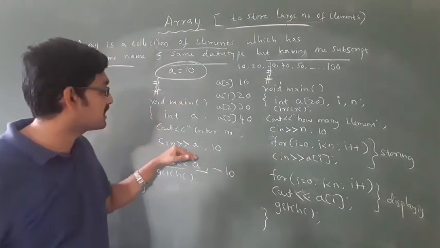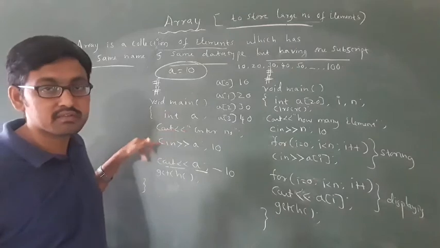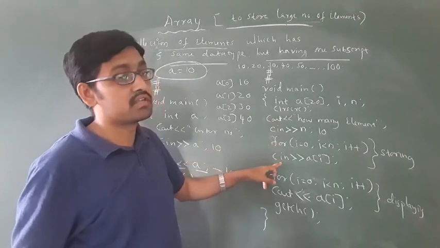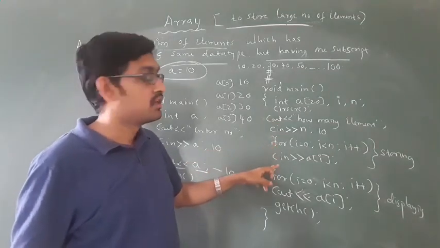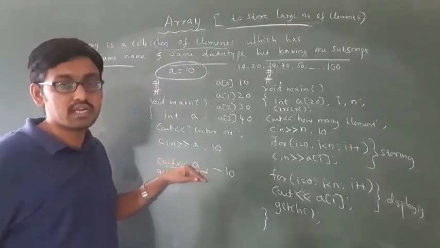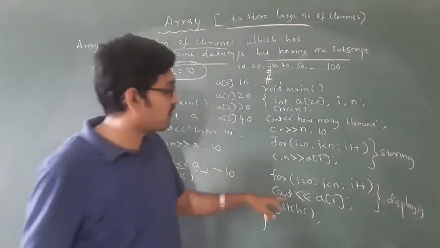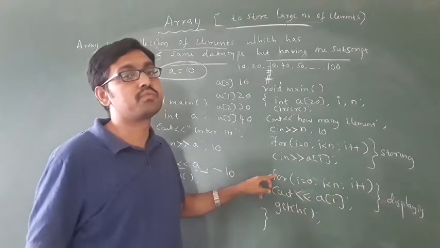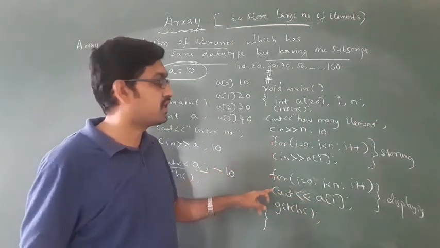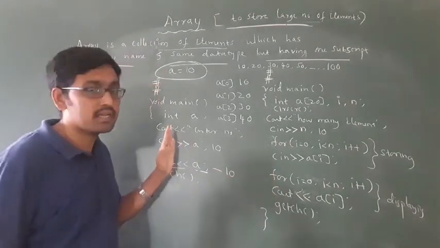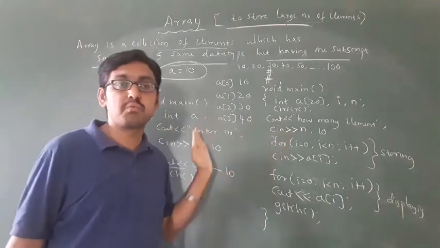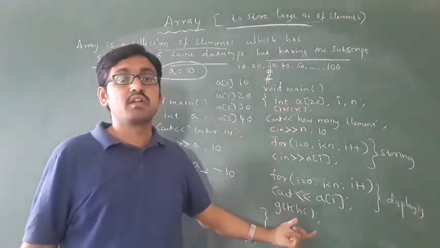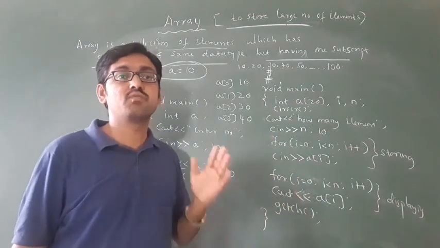ಇಲ್ಲಿ only cin ಅಷ್ಟೇ ಬರೆದಿದ್ದೀನಿ. I am not using any for loop here. Here you have to use for loop with cin statement because I am using an array. Then I am displaying cout a, 10 display ಆಗುತ್ತೆ. But here if you want to display cout a of i, must and should you have to use for loop. Okay, this is a normal variable program, this is an array variable program. With a normal variable you can display only one value, but with an array you can display a number of values.